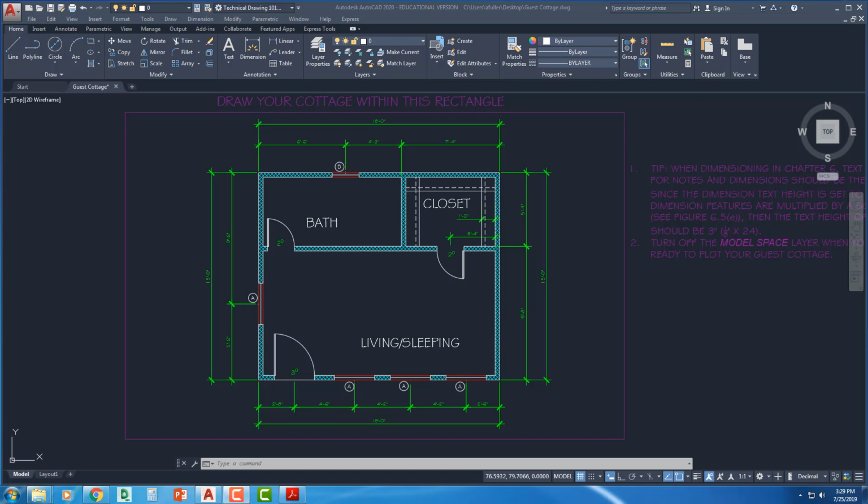All right, we are going to get started on Chapter 9, the Blocks chapter. We are working on our guest cottage right now. We're going to create some blocks for the guest cottage, insert the blocks into the guest cottage, and get it ready to plot. This is the last part of the guest cottage, and then it'll be a complete project